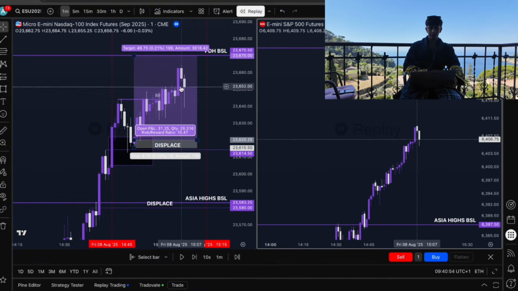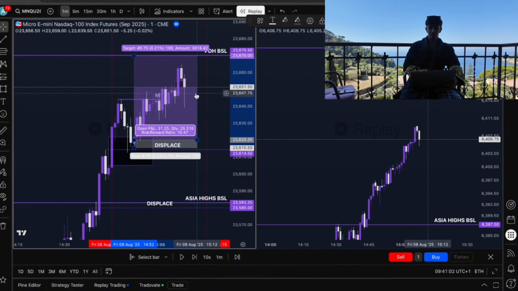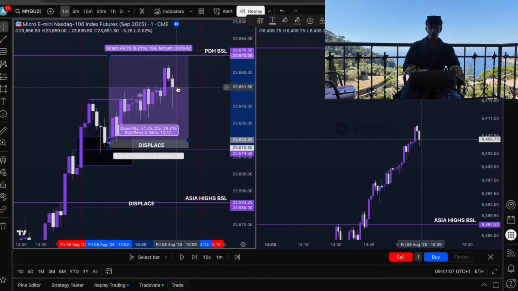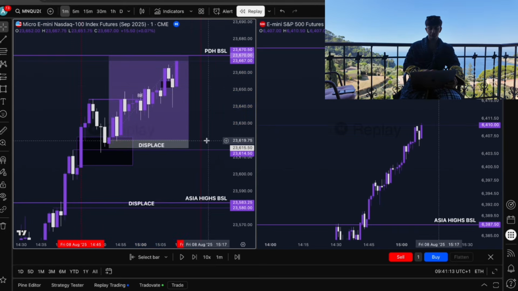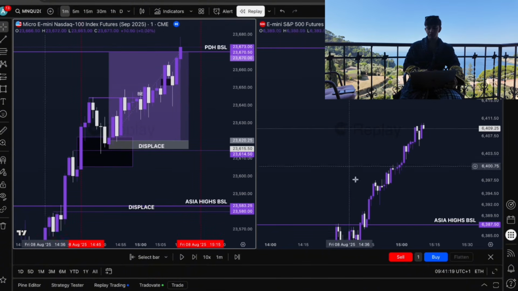And then right here, some people would have got hesitant and saw that we were coming lower. I was a bit iffy. I was thinking, oh, that is a hard push to the downside. But simply price came down. I would have closed out if it inversed this gap, but we respected it. And once it respected it, it shot straight up and took final TP, just like that. So overall, it was a very clean trade.